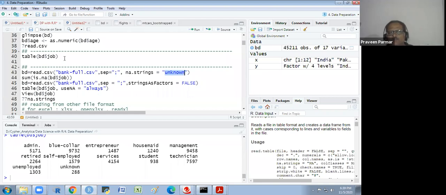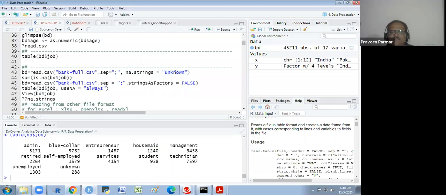I have shown you only one column, job, but I want to convert unknown to NA in any column. What should be the na.strings value? The unknown category should convert to NA.